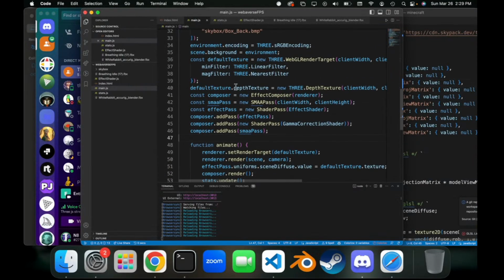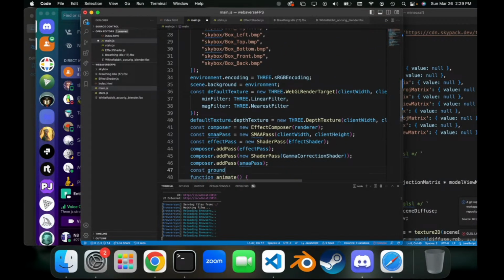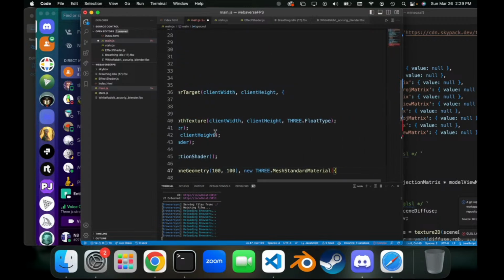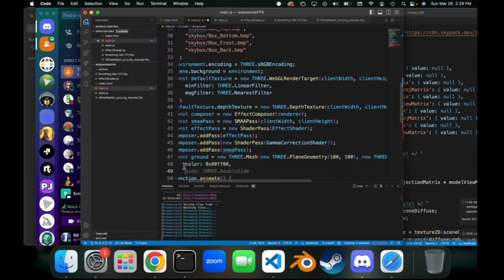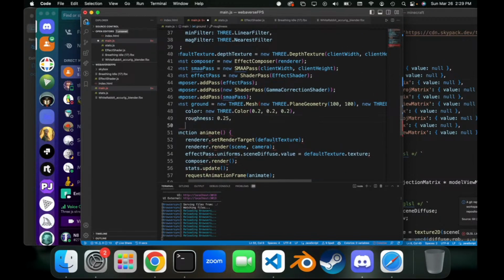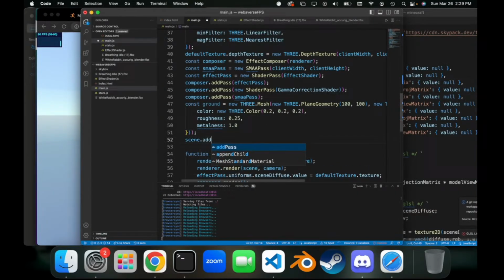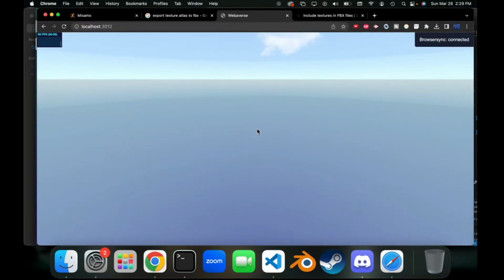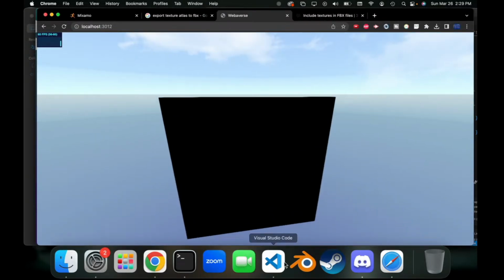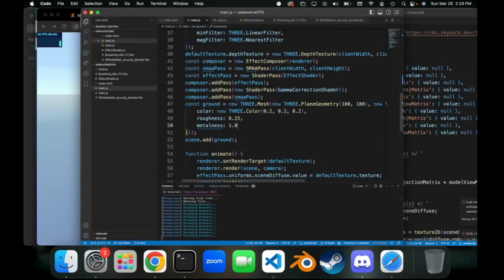So let's start by creating const ground equal. I think the ground should kind of be like metallic black or something. I don't know. So let's do new 3.color. Here's a little hint. Never make your colors white, completely white, because that's not physically accurate. Let's do roughness of 2.5 and metalness of 1.0. And then, of course, scene.add ground. Oh. That's probably not what you were expecting, but